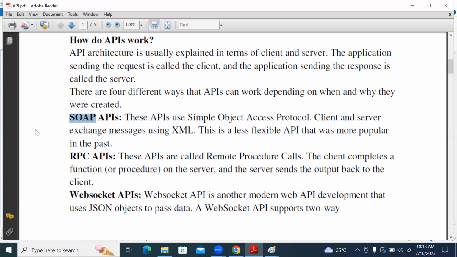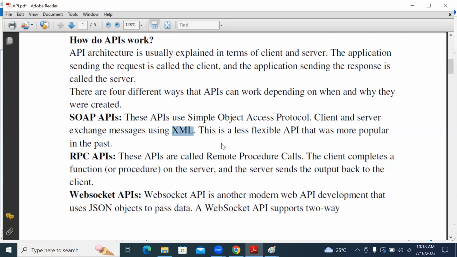One of the first APIs is the SOAP API. What is the meaning of SOAP? Simple Object Access Protocol. The SOAP API sends information from the client and gets the response from the server in the format of XML.